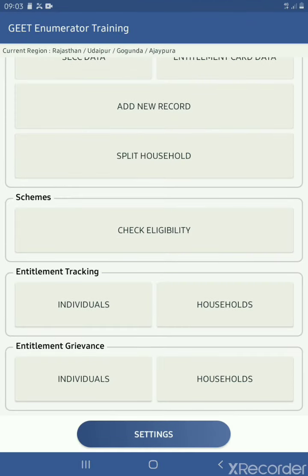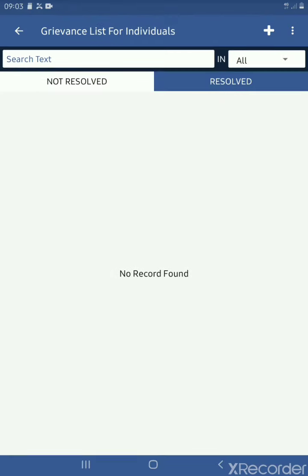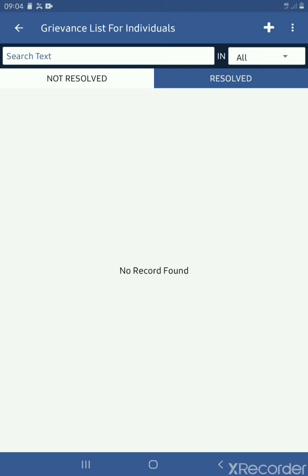Next comes the entitlement grievances. In entitlement grievances, if the beneficiary or the household has any grievances at the time of applying for the scheme or at the time of availing the scheme, we can register the grievances at any point of time in our application. So for individuals, we can